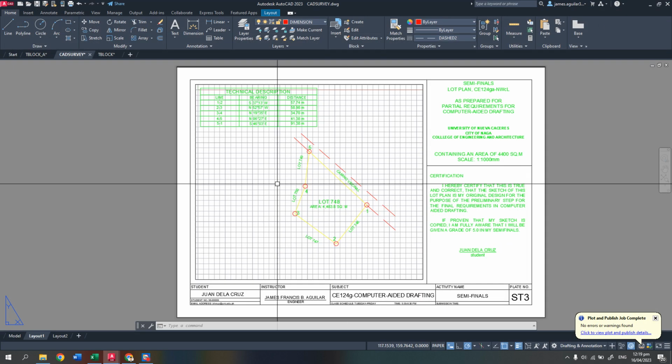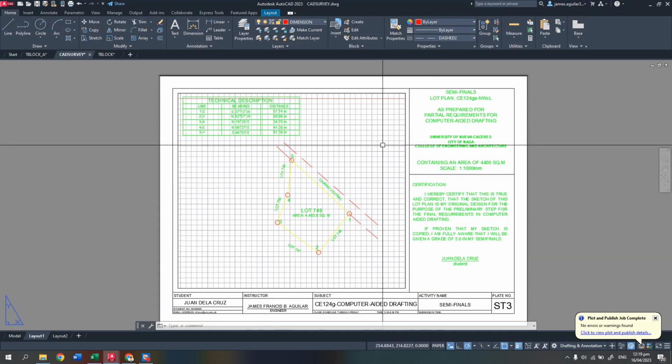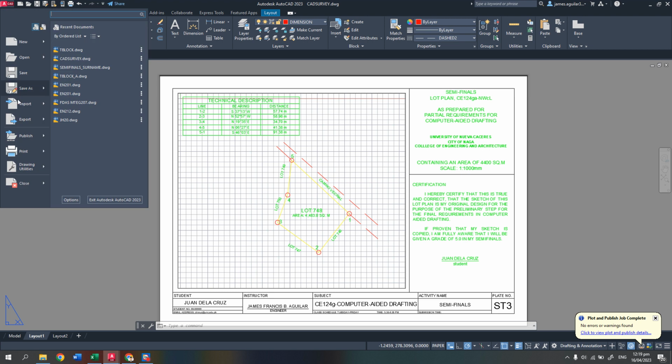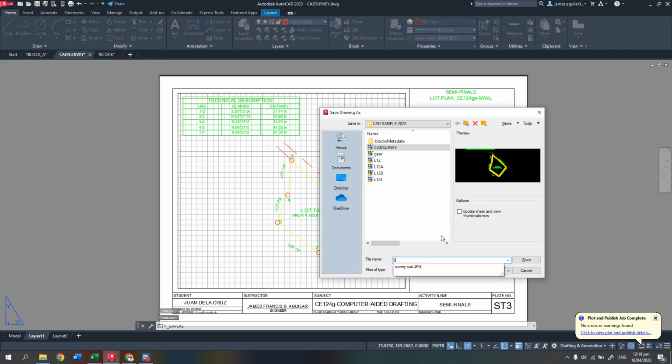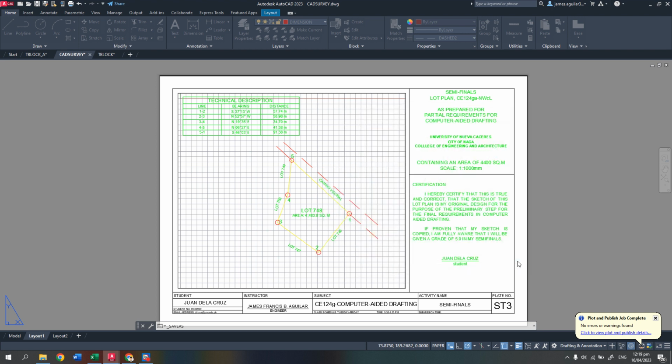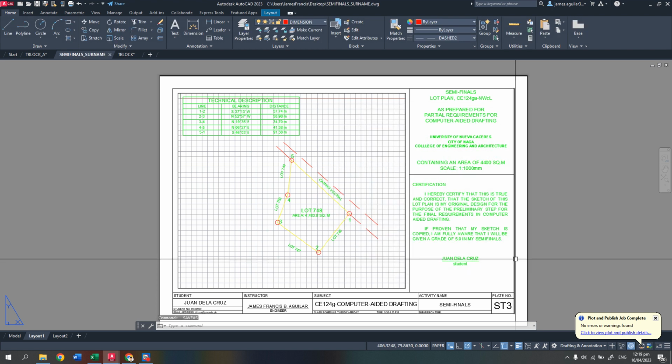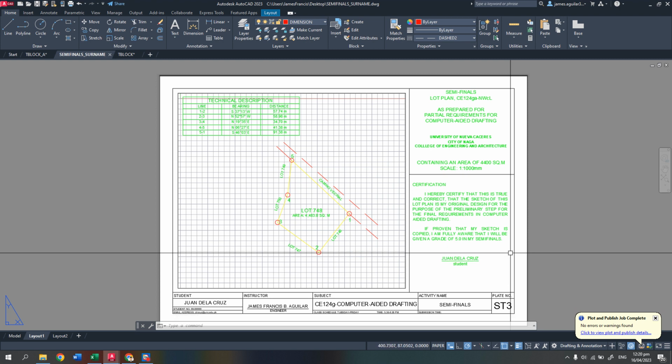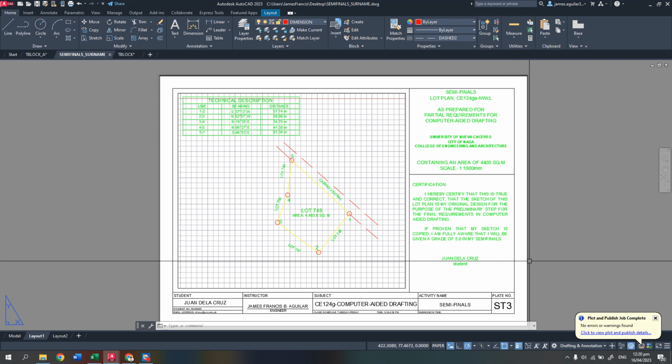And do not forget also to save this one, your CAD copy. So you have to save this again, semifinals underscore surname drawing file. Okay, so let's have it on your desktop, and you're going to attach this on your blackboard. So I'm going to post a bin for your blackboard, wherein you're going to add the semifinal surname. Okay, once you have that, then that's all. So you have now your semifinals. Two copies. The first one is a drawing file, and the other one is the hard copy that will be